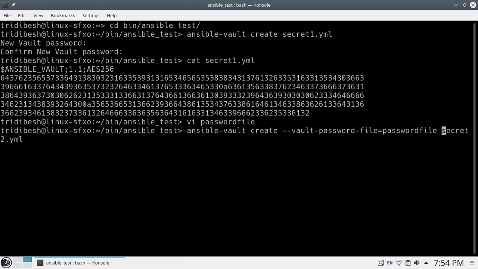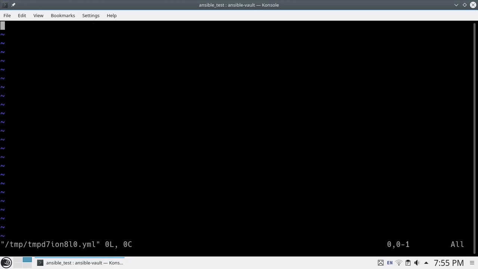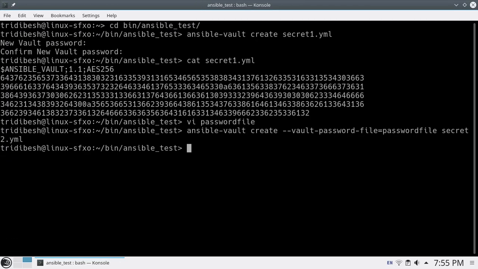So if you don't want to provide the password interactively and want to get it from a file, you can use this option. Here you will see it will not ask me for the password, it goes directly to the editor mode. So this is another file. Now let me save it.